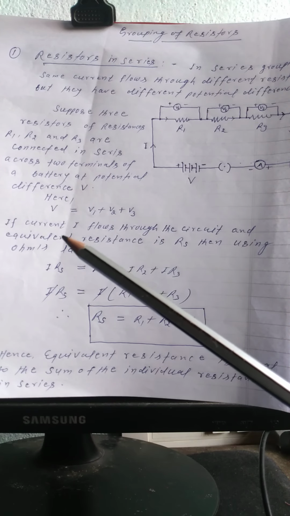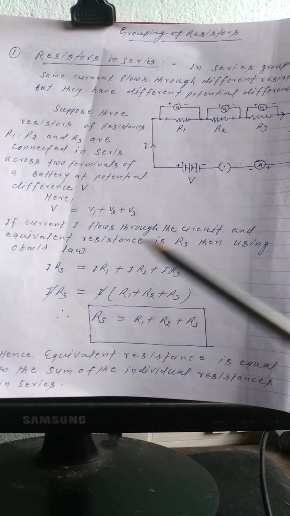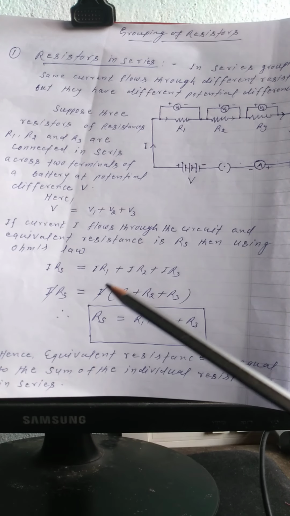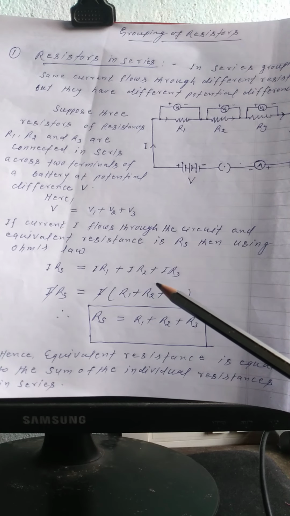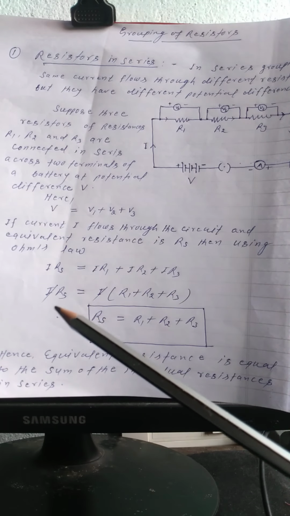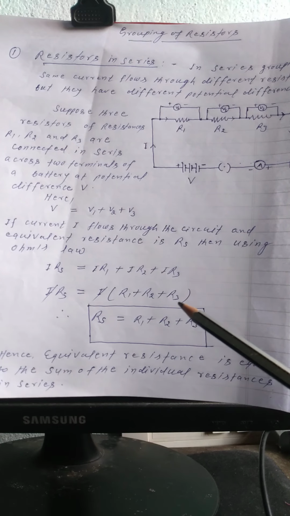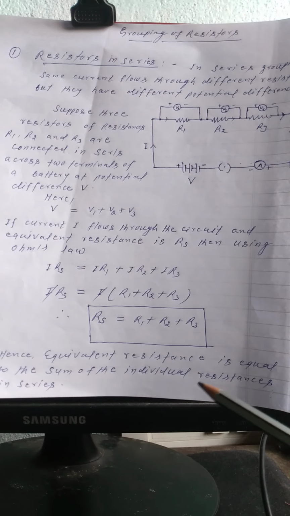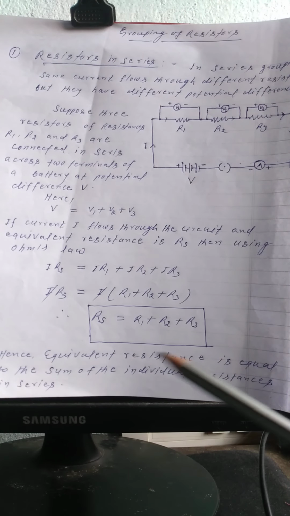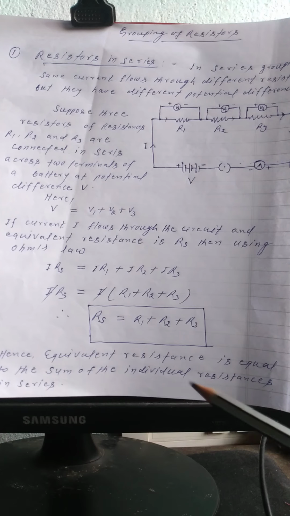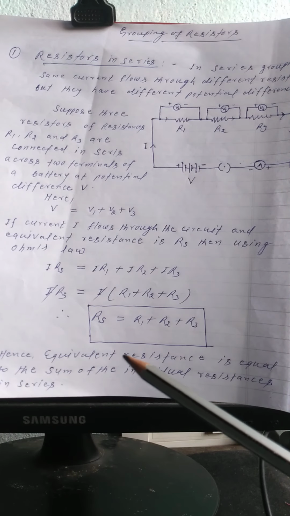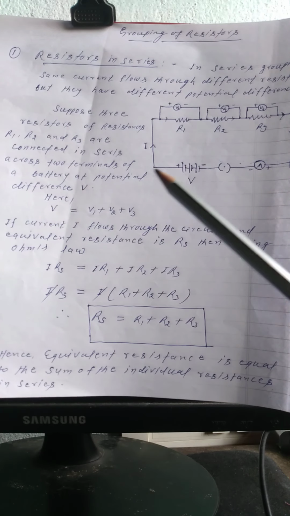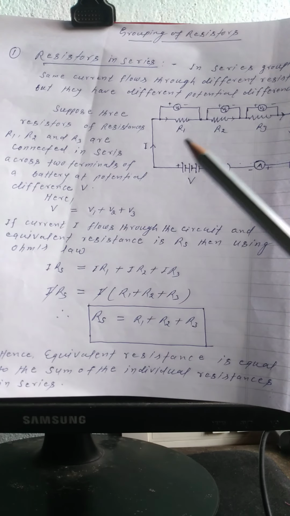If current I flows through the circuit and equivalent resistance is Rs, then using Ohm's law, I Rs is equal to I R1 plus I R2 plus I R3, or I Rs is equal to I times R1 plus R2 plus R3. Therefore Rs is equal to R1 plus R2 plus R3. Hence equivalent resistance is equal to the sum of the individual resistances in series. So here R1, R2 and R3 are connected across potential difference V, and the potential difference